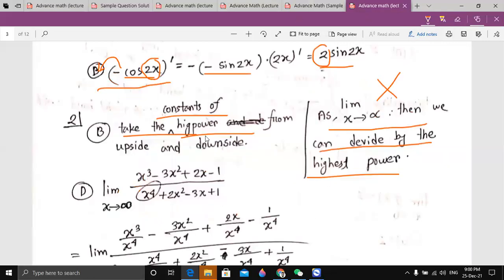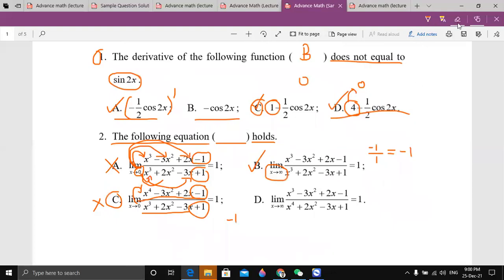We can take the constant of the highest power from the upside and also from the downside. Or simply you can just divide by the highest power. So for B and D, we don't need to think so much because we have limit x tends to infinity here. You just need to divide by. So to make it simple, you can just take the constant of